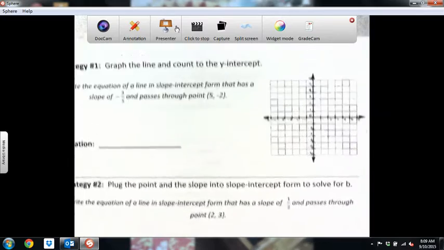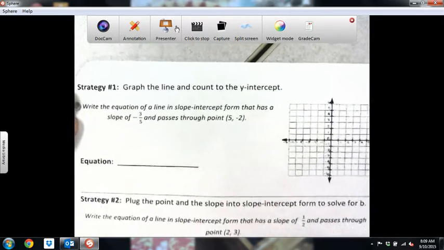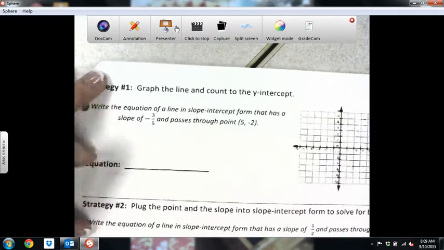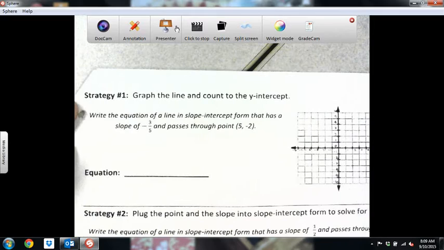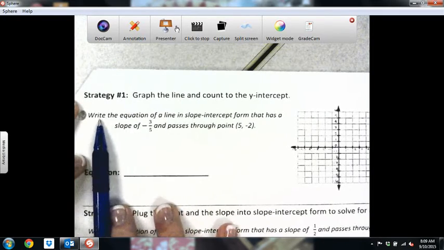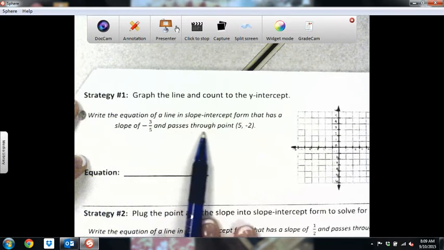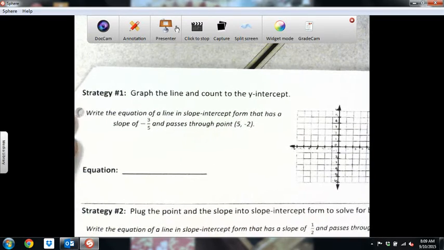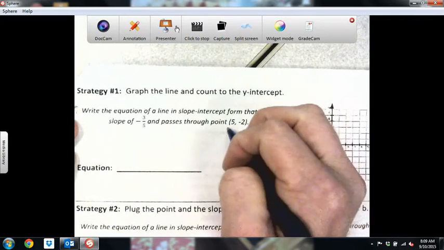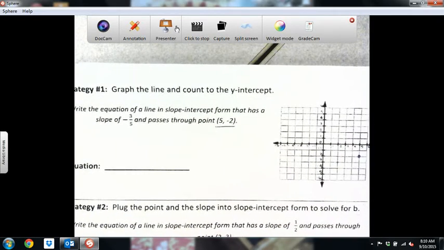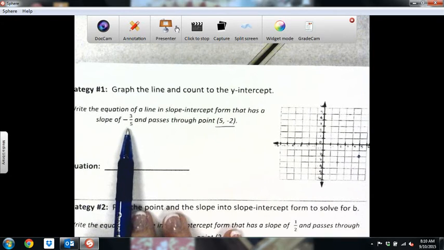So let's flip to the next page that talks through the 3 different strategies you can use to write linear equations. The first is to graph the line, count the y-intercept, and graph the information from there. So for example, write the equation of a line in slope-intercept form that has a slope of negative 3/5 and passes through the point (5, -2). So in this case, the first thing I would do is plot the point (5, -2). So (5, -2) will be right here. And then I want to know what the slope is. What the y-intercept is. And so it's important that I